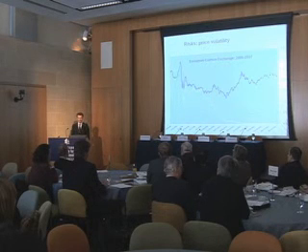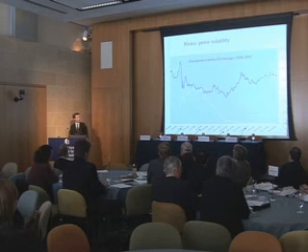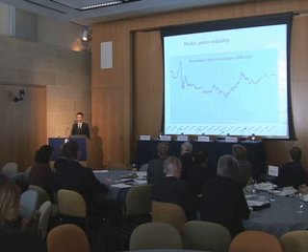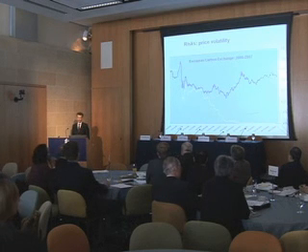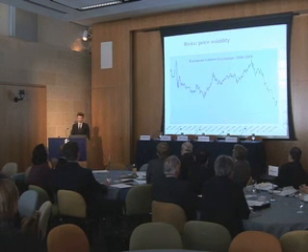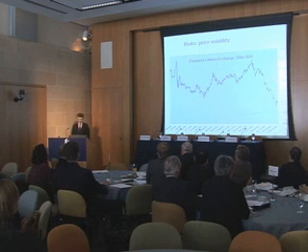The second phase of the trading scheme is the dark line on top. And the key difference between the first and the second phase was that in the first phase you were not able to bank your unused permits for future commitment periods. In the second phase you are. And this is one of the reasons why the price has remained reasonably stable, not stable by